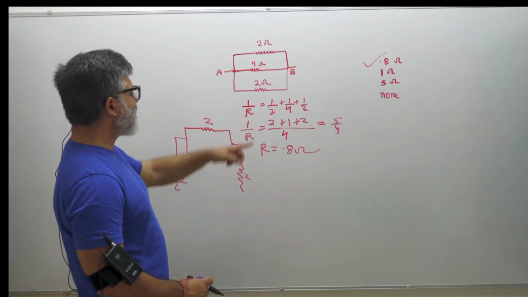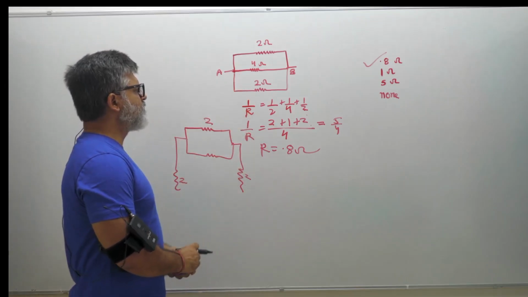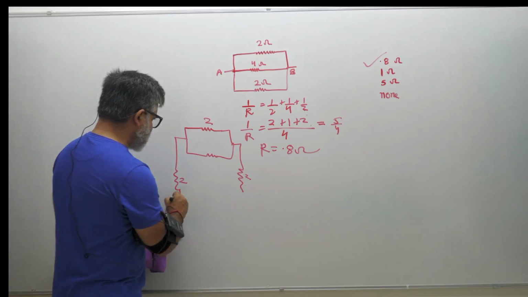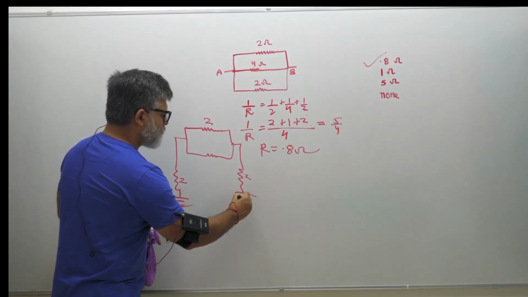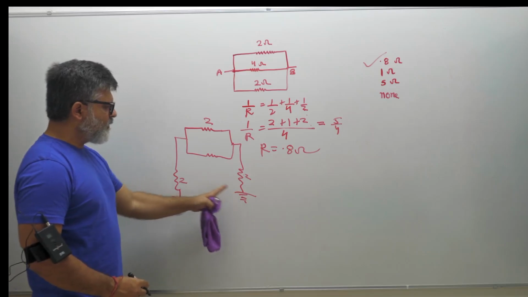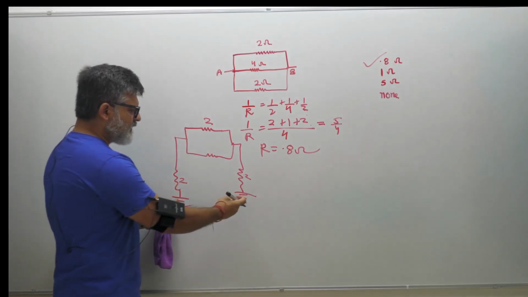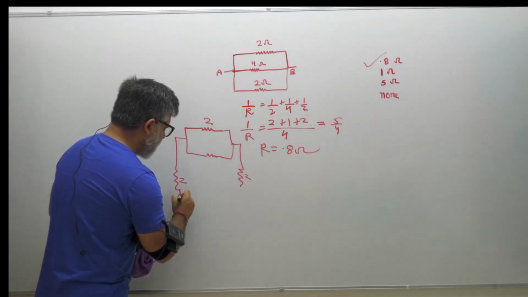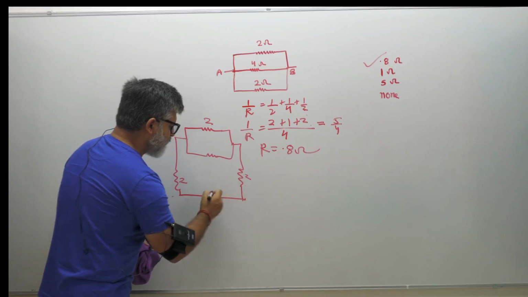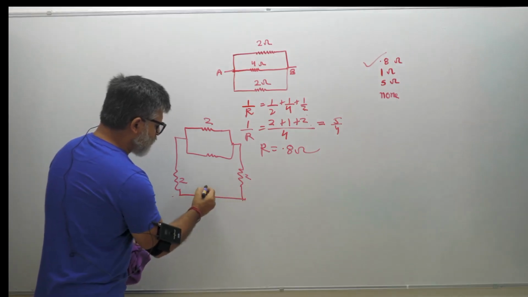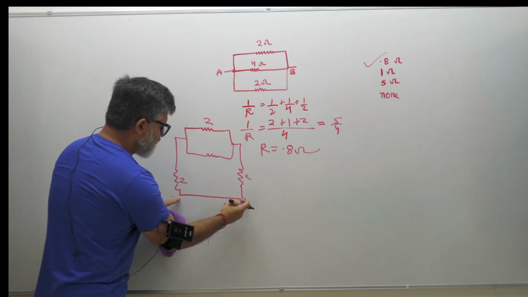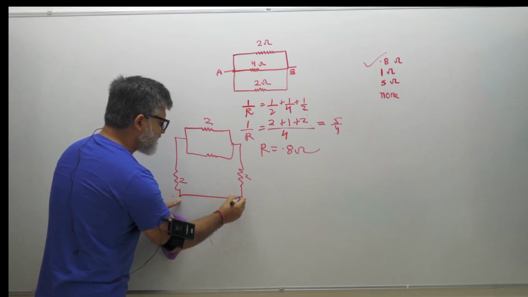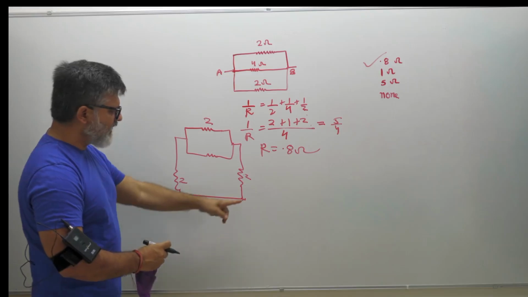I hope this makes sense to you, that if you see something like this, don't be scared. This is zero potential, this is zero potential. They are at the same potential, and therefore just remove them and connect the two wires at the same potential. So there is no potential drop across this wire, and therefore these 2 points are at the same potential. You can straight away connect them.